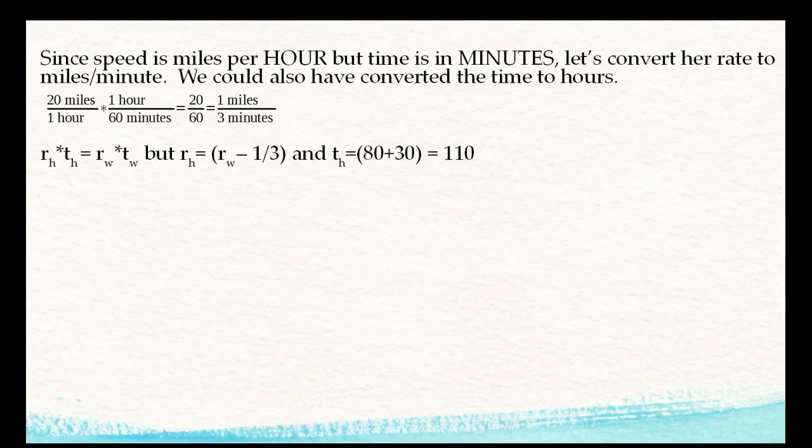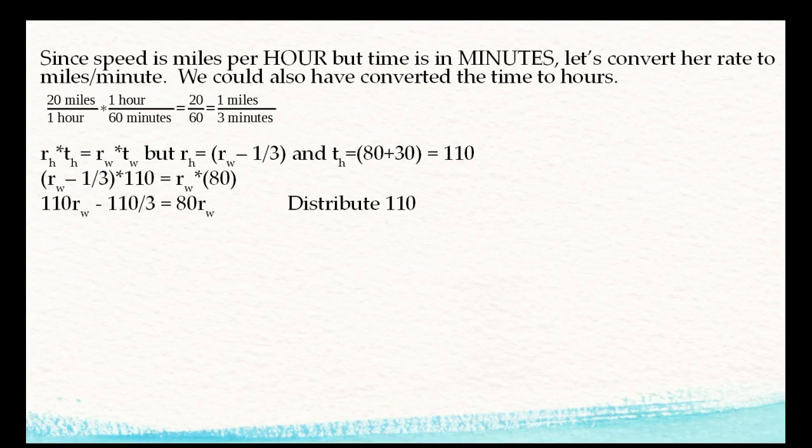Now, starting with the formula, we note that the rate home, we were told it was 20 miles per hour less, well, rate home is equal to the rate to work minus 1/3, and then the time home was 30 minutes longer, so we have 80 plus 30 is equal to 110. So we can plug these into our formula now. Note that we have the rate to work minus 1/3 times 110